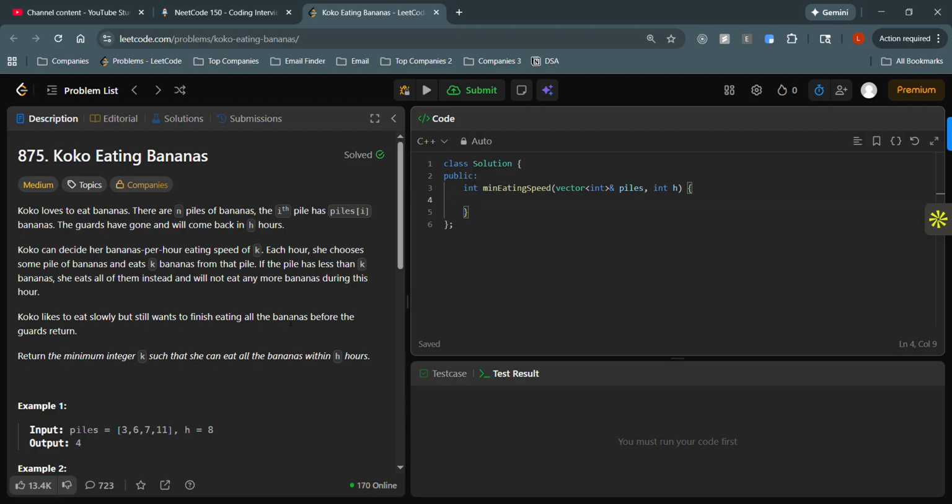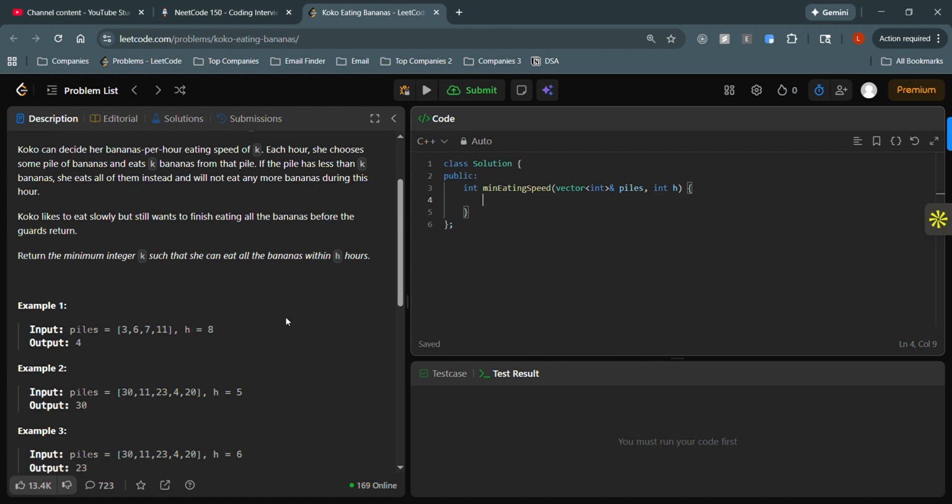Okay, so basically the task is that we need to come up with a value of k such that Koko can eat all the bananas within h hours, and h is given to us. Right, so if we look at the first example, then let's say that k was 3 in this case. If k was 3, this would take